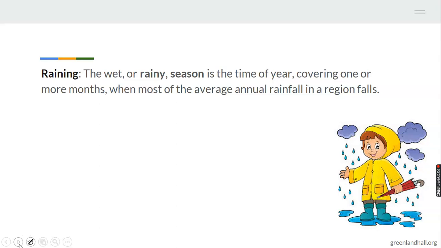So it can cover for months, and you have rain. So when most of the average annual rain is falling, that's when we call it our rainy season. So it is also a time and it's a type of weather. So we have seen sunny, we have seen cloudy, and we are talking about raining. So sometimes it does rain. And that means what? Wet. Everywhere will be wet, and people will just, come on, put on their raincoats or jackets, umbrellas coming out at the time, because it's said to be a rainy season.